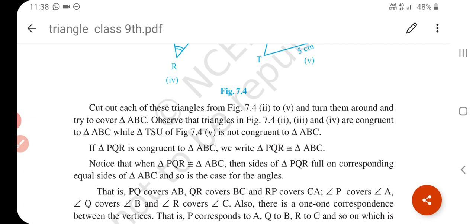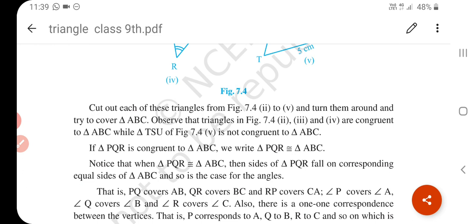Okay, because the books are congruent to each other, meaning whichever page you turn, you will find the same material, the same thing there. Okay, if I talk about page number 108, so you can see in your book, 108 and 109, that there is chapter number 7, Triangles. Okay, so each and every class 9th Mathematics NCERT book, in every book you will see the Triangles chapter 7 on page 109. Okay, so that is called congruency, meaning exactly the same figure.